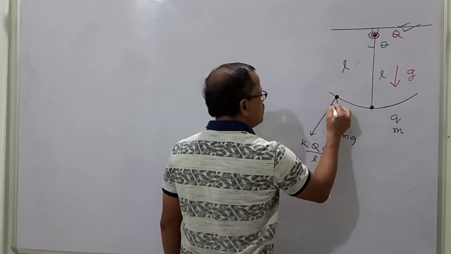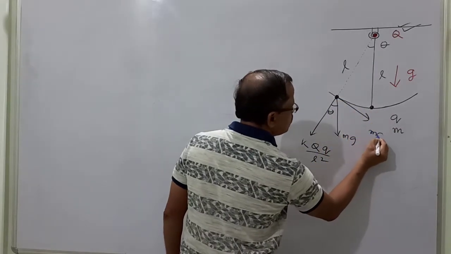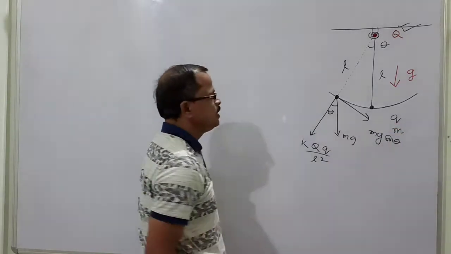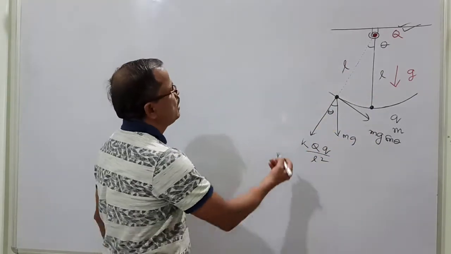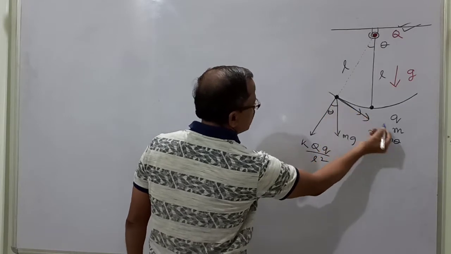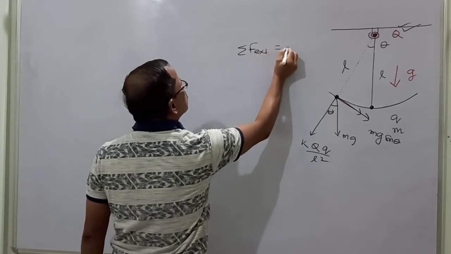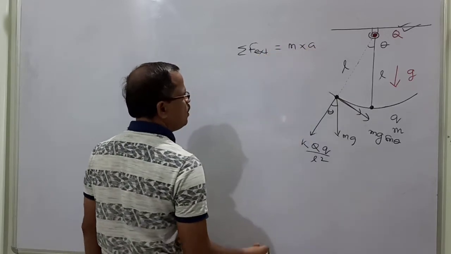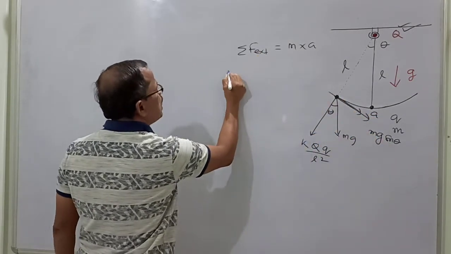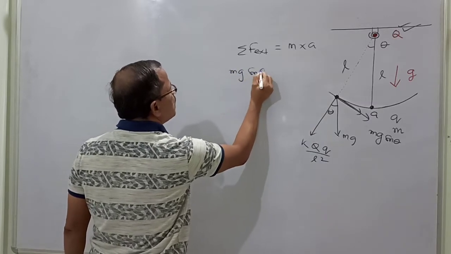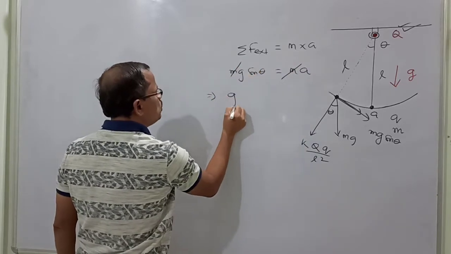As a result, the restoring force, which is going toward the equilibrium, is equal to mg sin theta. Since the restoring force is not changed by the Coulombic force, the time period remains the same. According to Newton's second law, the net force acting on a body is equal to mass into acceleration. Here the acceleration is along the line of mg sin theta, so net force mg sin theta is equal to mass into acceleration. Mass cancels out, so the acceleration is equal to g sin theta.